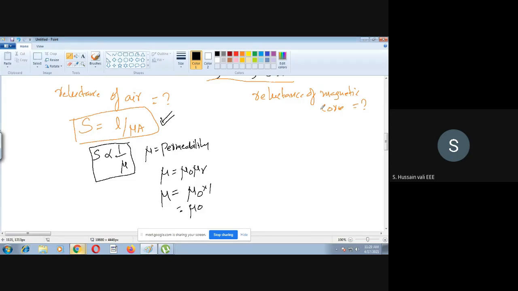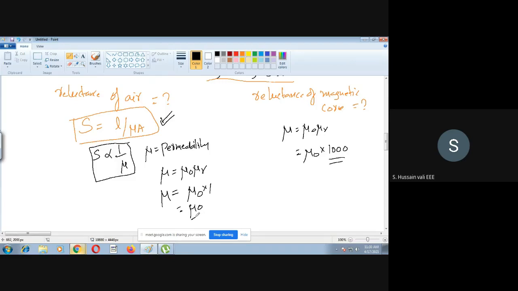Now coming to the case of the magnetic core, here also mu is equal to mu naught into mu r. So mu naught remains. What is mu r for any magnetic core? For example, if it is iron, you might have solved some problems on composite magnetic circuits, series connection, parallel connection, in the previous circuits classes. In those classes, if you remember, the mu r value generally will be some 1000 or 2000 or 1200. For any magnetic core made of iron or alloy, or nickel, cobalt, the mu r will be 1000 or more at least.